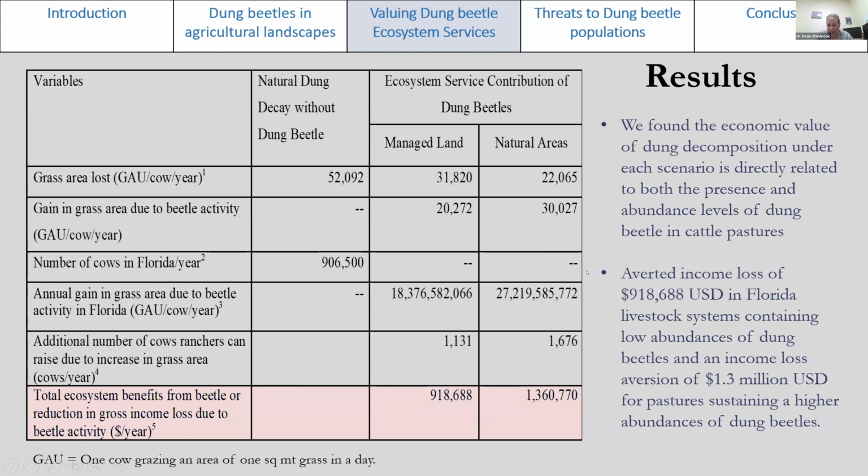And that gave us, in turn, the total ecosystem benefits or gross income gained due to dung beetle activity under these three scenarios. So natural dung degradation with dung beetles, the ecosystem contribution of dung beetles on managed lands, and then dung beetle contribution on natural areas. And we can see that using data just from Florida, so the number of cows in Florida per year, that dung beetles overall contribute